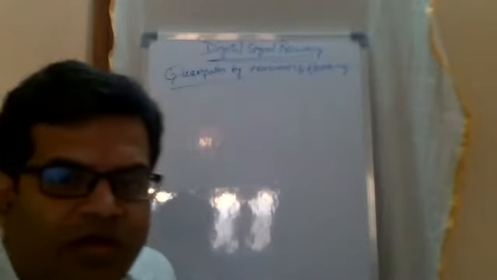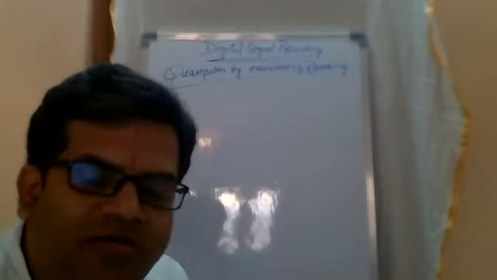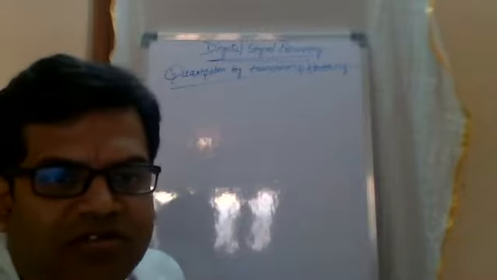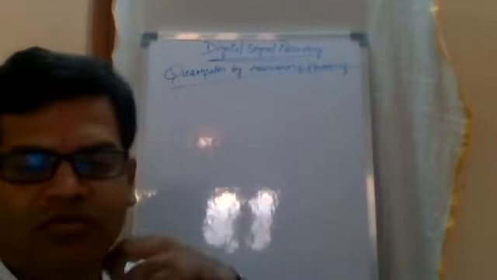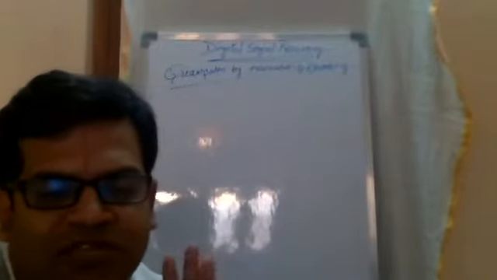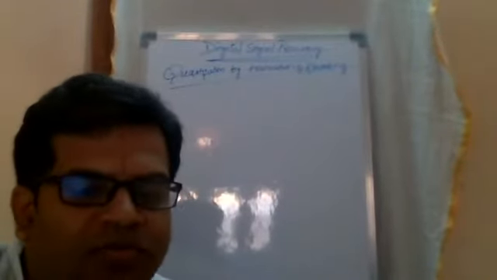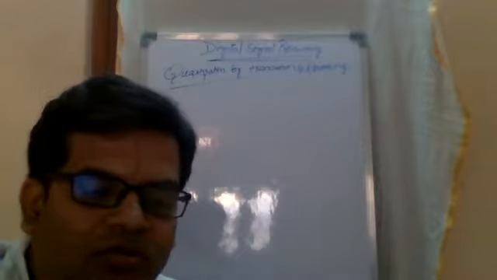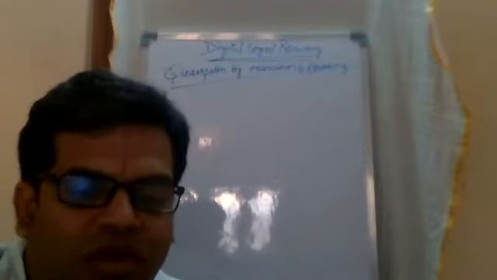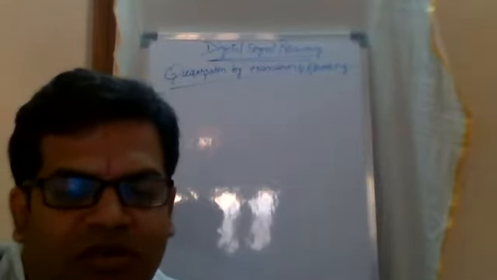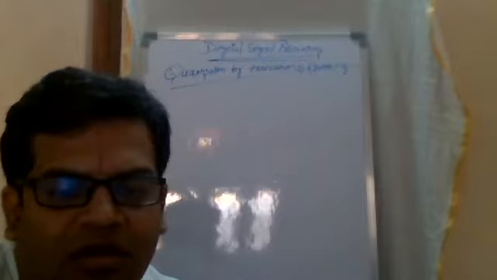Right. So welcome to the continuation of the concept of finite word length effects. As we have discussed in the previous lecture, we have two different types of number system representations: the floating point number system and the fixed point number system. When we try to do some processing using either of these two number systems and obtain the result,